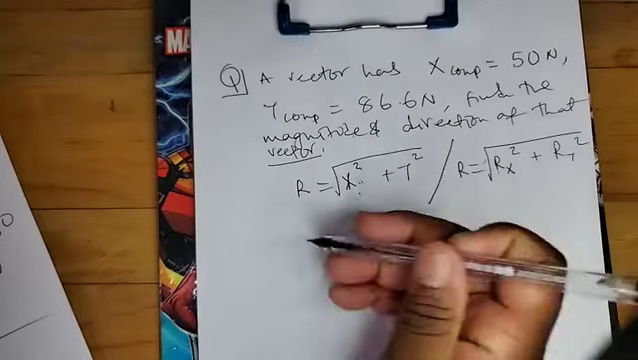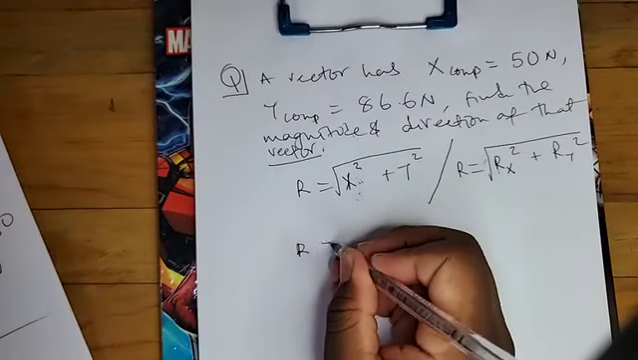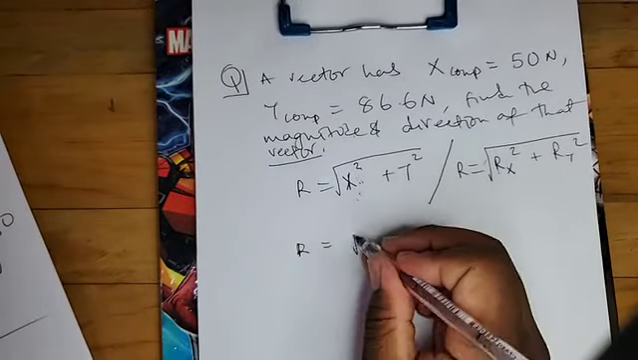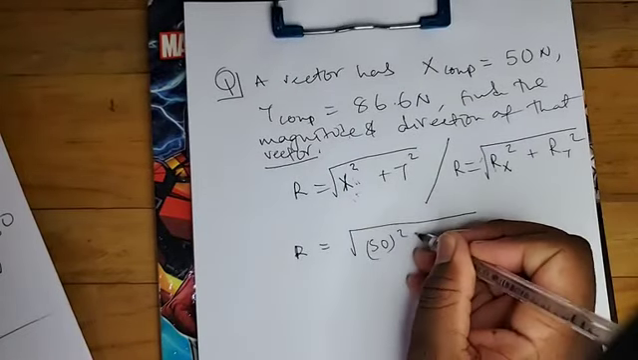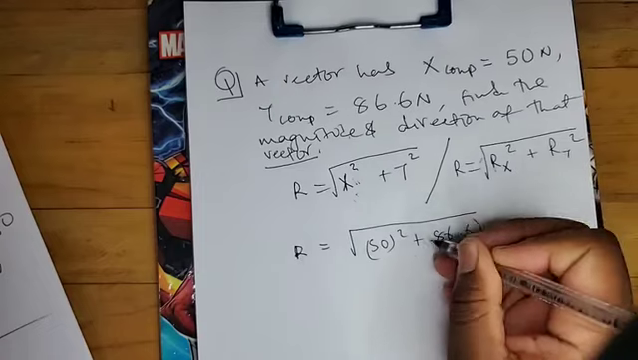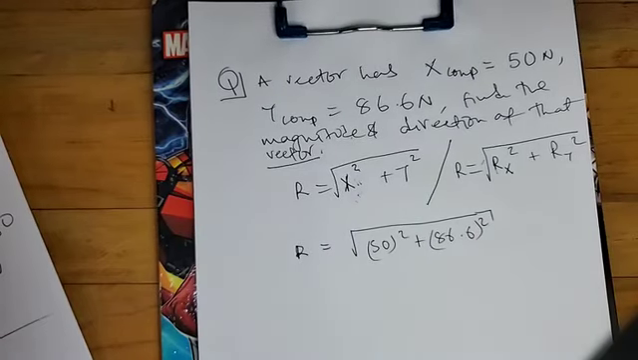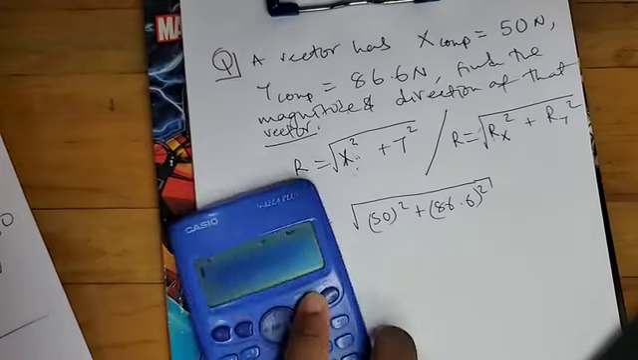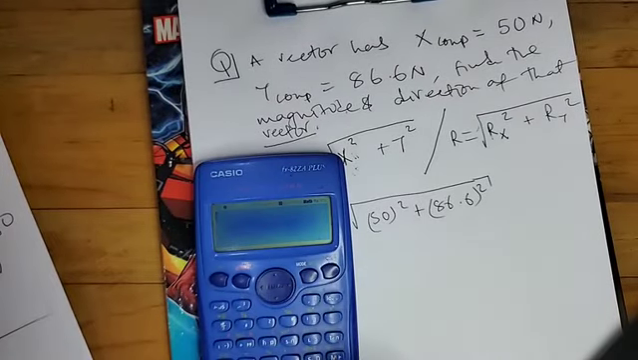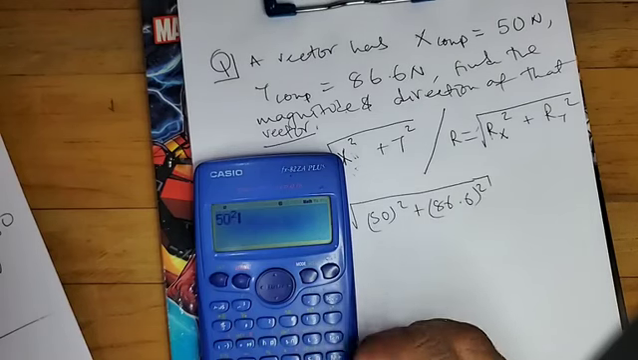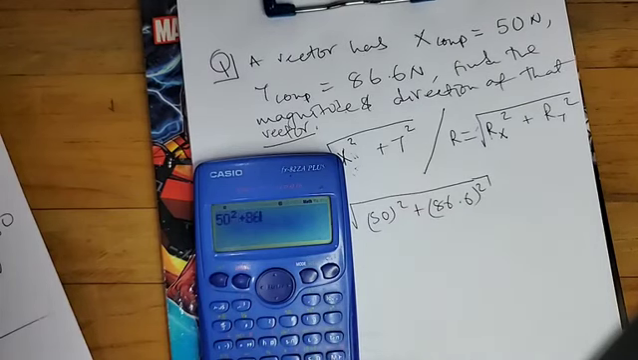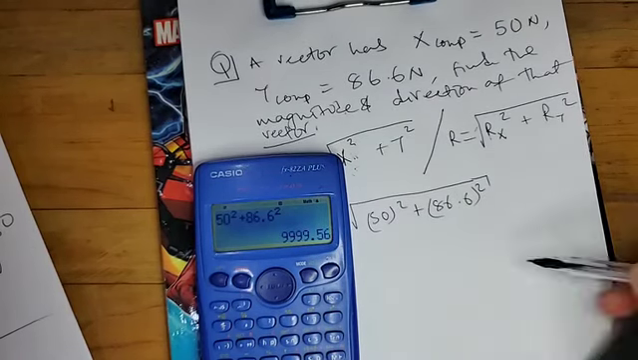So let's plug in the values that we have to find the magnitude. So the resultant here is going to be the square root of, our x is 50, so that's going to be 50 squared plus 86.6 squared. Now, because of rounding off, we might not get the exact answer, but it should be close. So let's try 50 squared plus 86.6 squared. So under the root, it's giving us